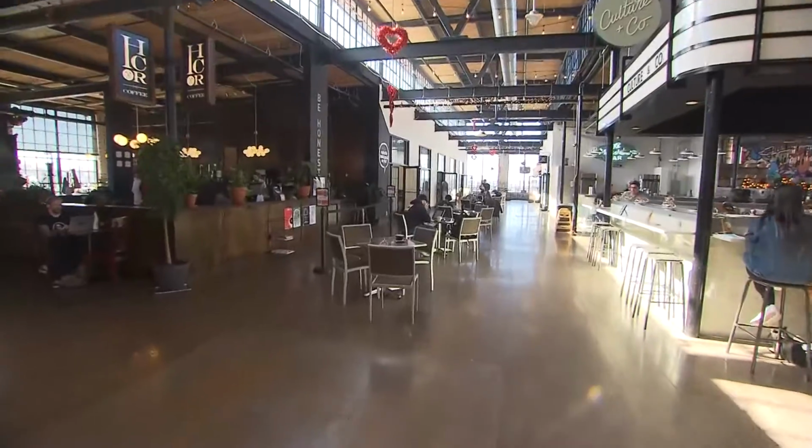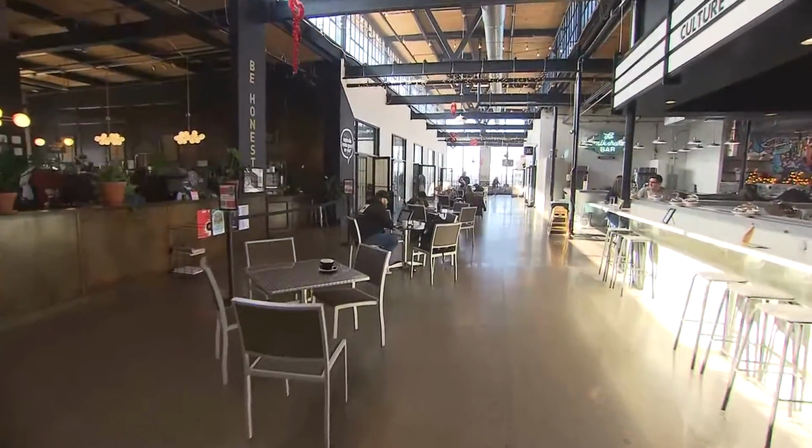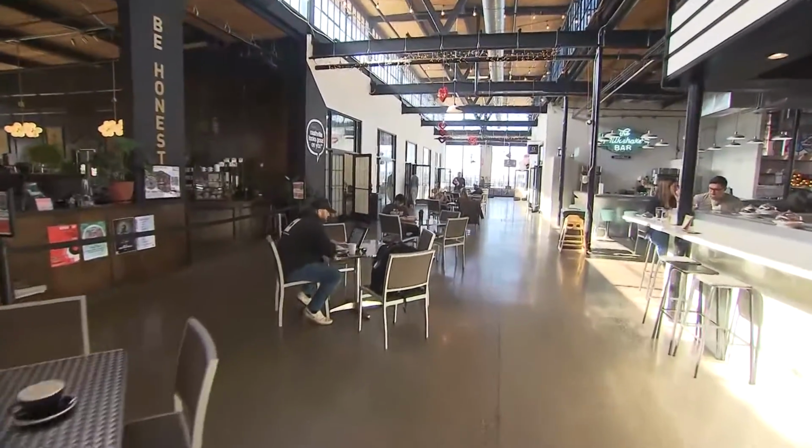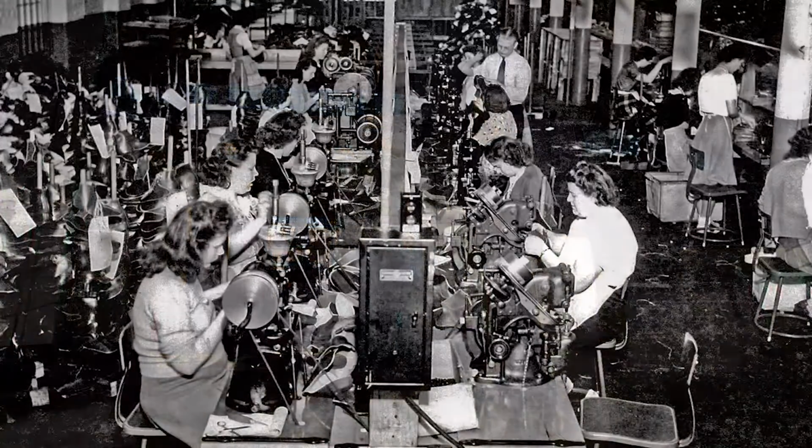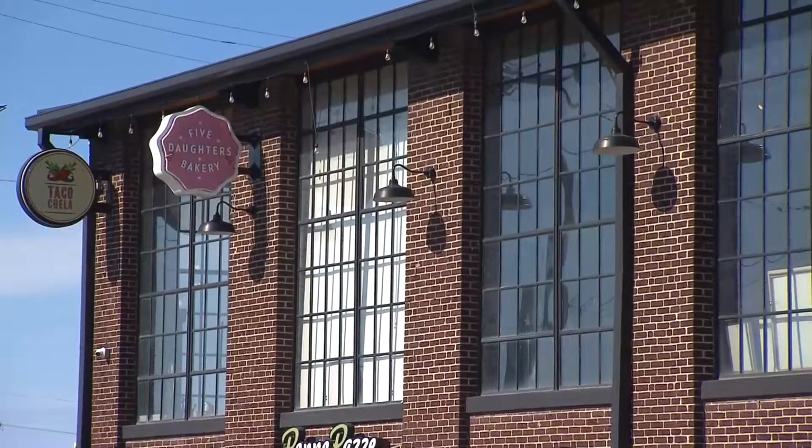Well, that's just a sample of the merchants that the L&L Market has attracted. And the best part for Temeh? We are 100% leased. We don't have any room left. The history, the timeless architecture, the ambiance,